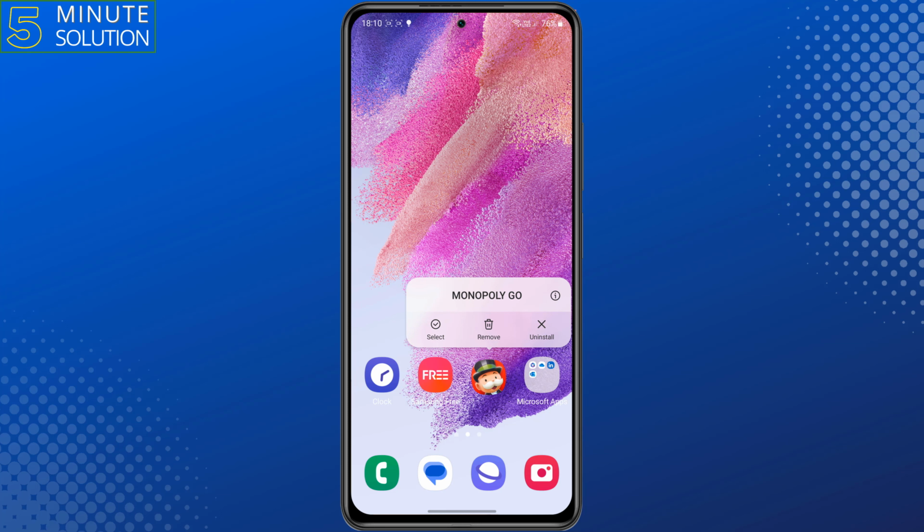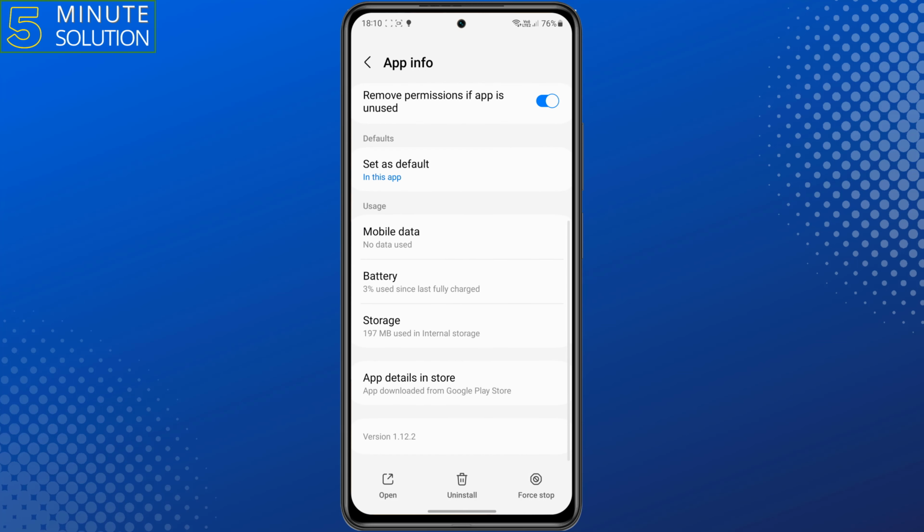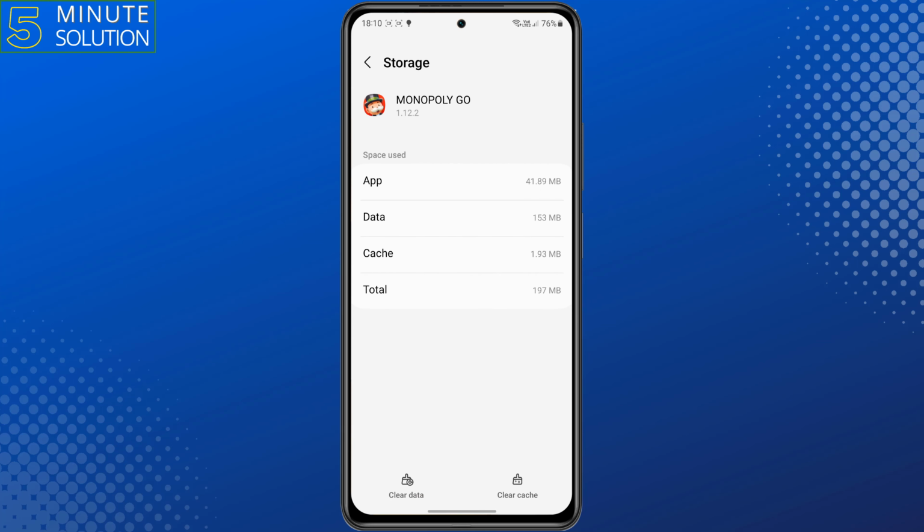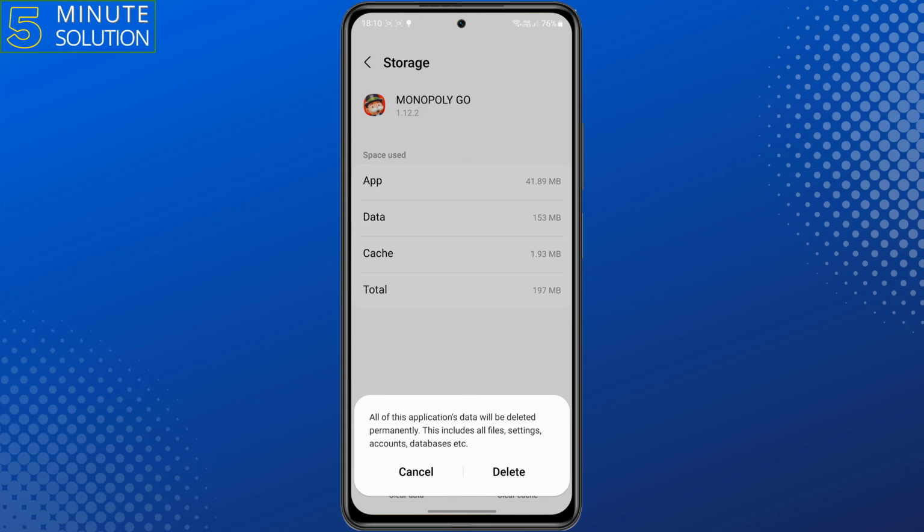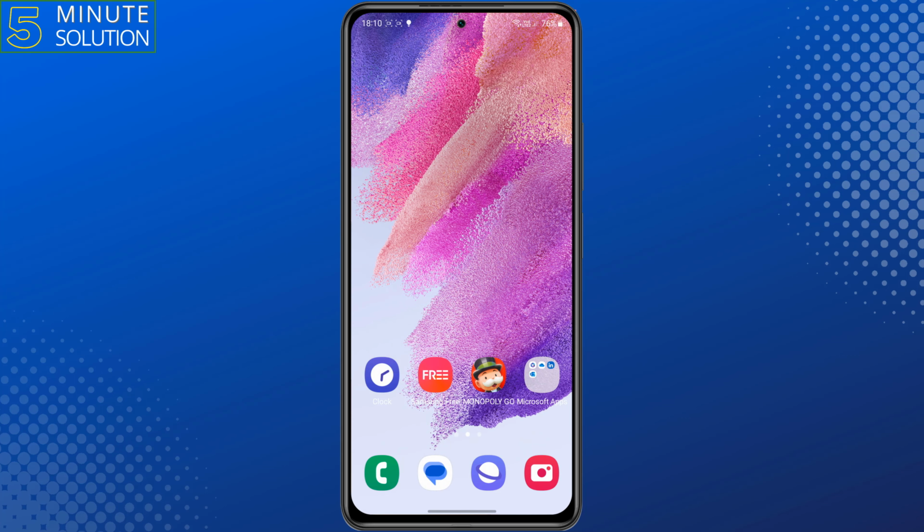Tap on app info, and here scroll down and tap on storage, tap on clear data, tap on delete. Once done, relaunch your Monopoly Go app